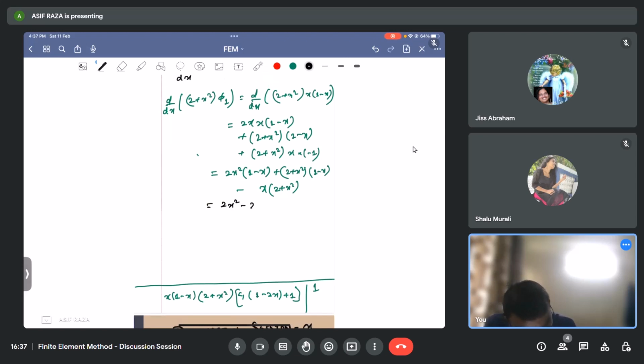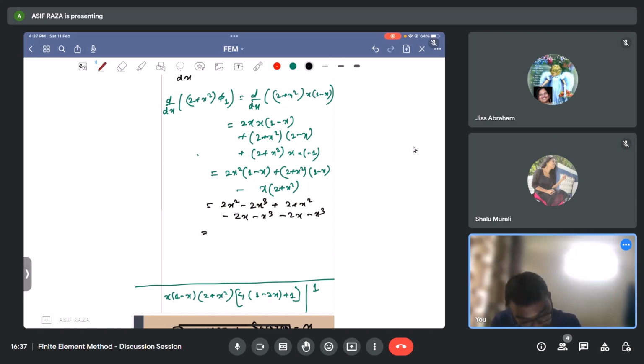Completely 2x cube plus, I've made a mess completely. Okay, so this will be again 2 plus x square, then minus 2x minus x cube minus 2x minus x cube. This will be simplified as,